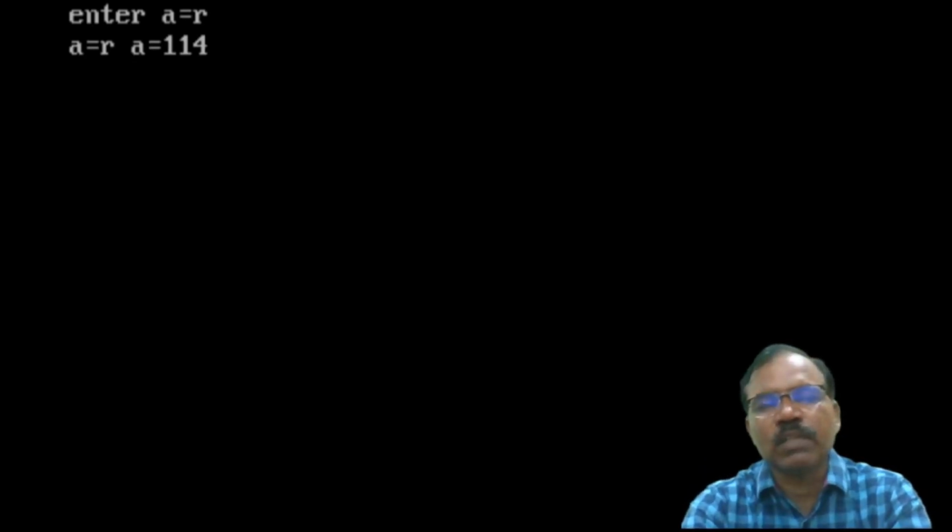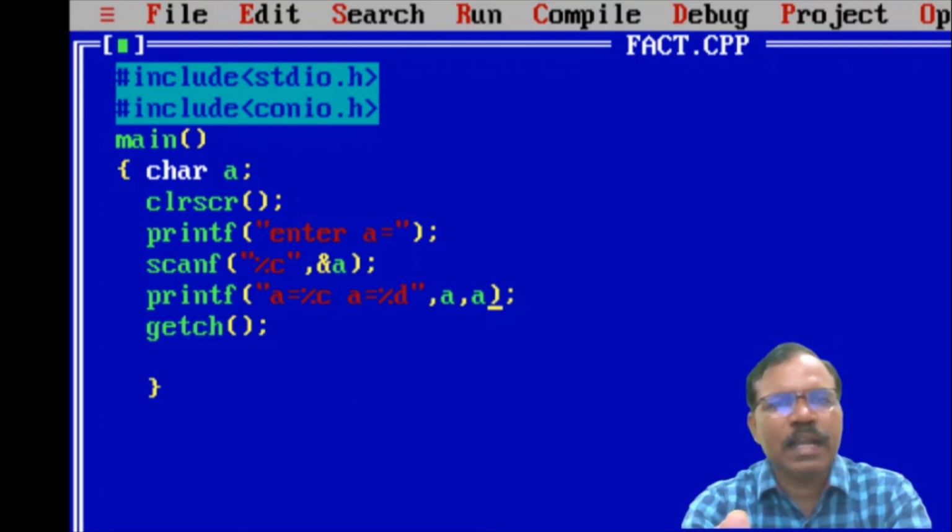Then what is this 114? Actually, this 114 is the ASCII value for the character small r. So you can enter any character, and you can find its ASCII value using the %d specifier.